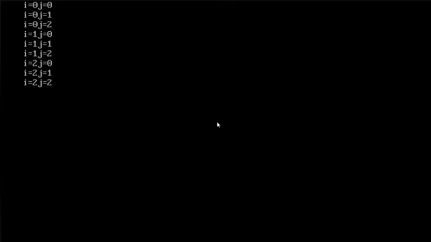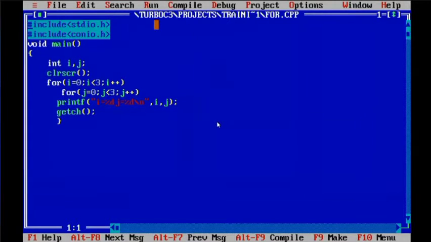We press some key from the keyboard. Which key do I need to press? Any key you can press. Getch will wait for a key to be pressed, and then it will take you back to the input screen from where you executed. So it makes your output come automatically, and it waits for a key press to go back to the previous one.